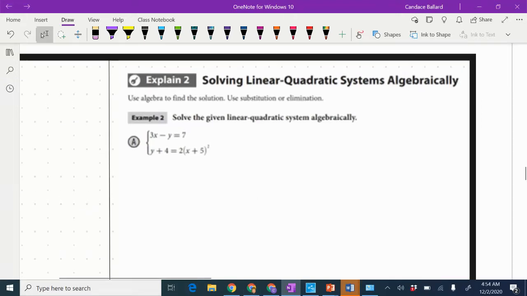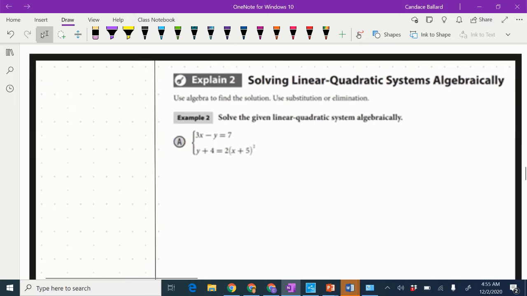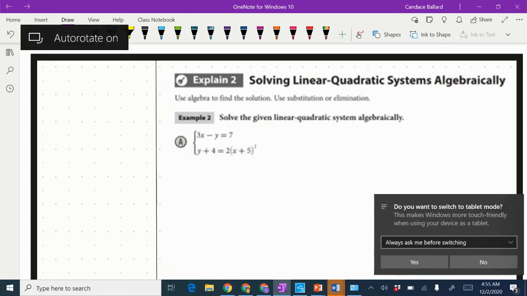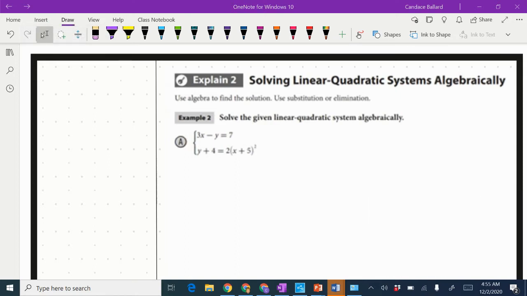In this video, we're going to continue topic 5.3, which is solving linear quadratic systems of equations algebraically. Let's just review some methods for solving a quadratic. I'm going to put this out in the left-hand column. So to solve a quadratic